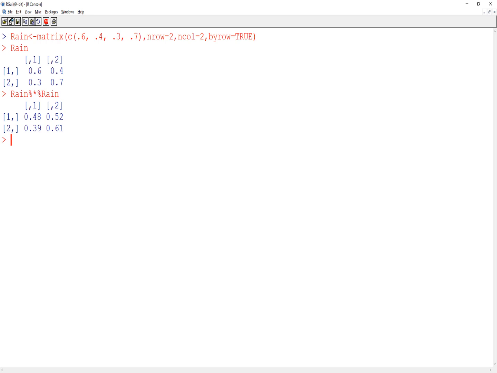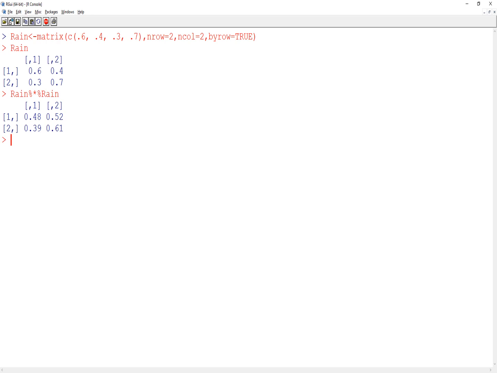So here it is in R. First I have to actually put the matrix in R. Here I'm creating a matrix called rain. That's the syntax I would use to create it. Then I just type the word rain, and it'll pull up the matrix so I can make sure I inputted it correctly. And then the syntax to do matrix multiplication is percent, asterisk, percent. That does matrix multiplication. If you do just the asterisk, that will do component-wise multiplication.